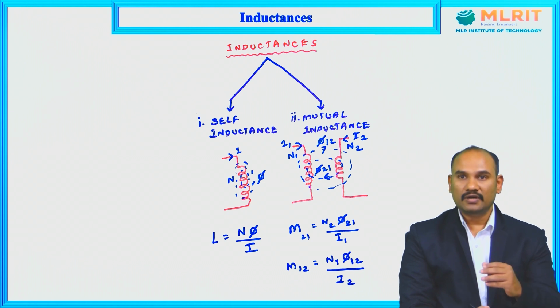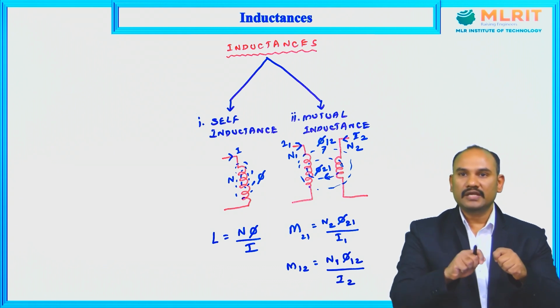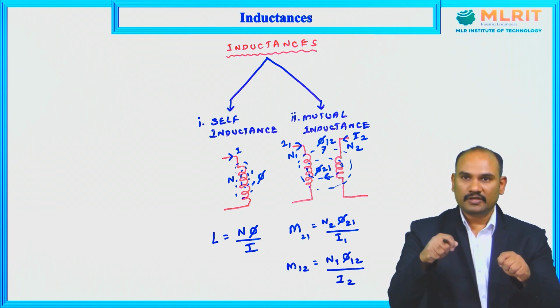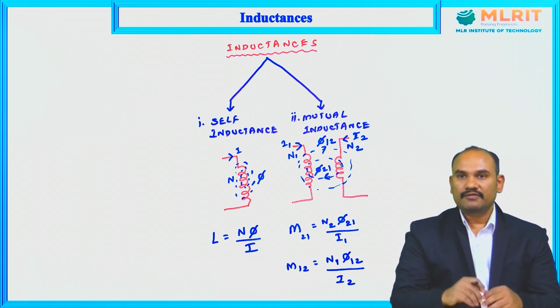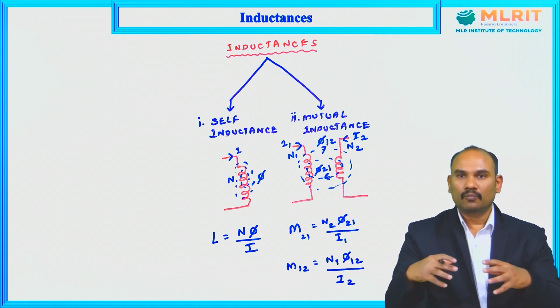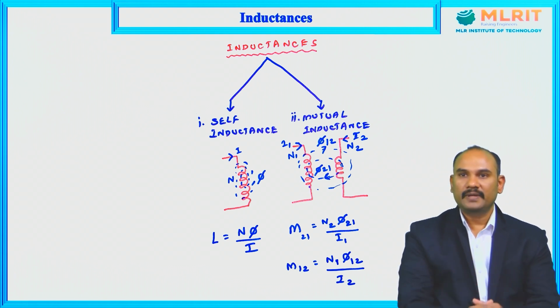Now let us try to understand these in a more technical and more elaborate way. As you can see here, the amount of flux that is linking to the conductor will be more if you increase the turns in the conductor. First of all, you have to make the conductor in the form of a coil by making turns. If the number of turns are more, then more amount of magnetic field will be induced in that coil.